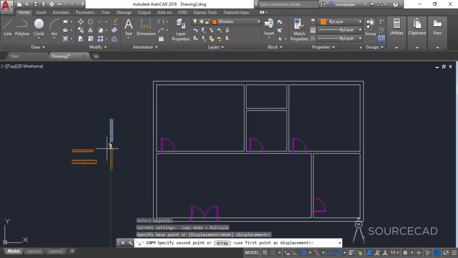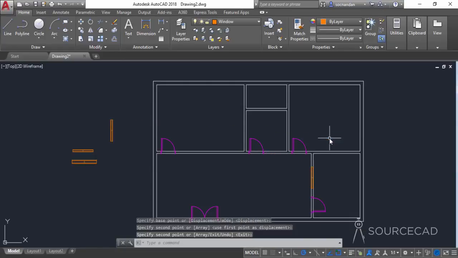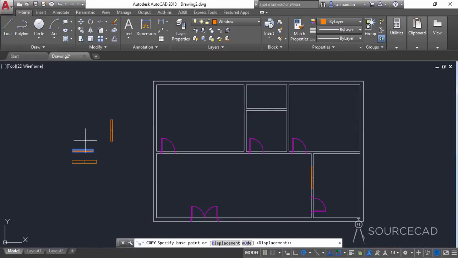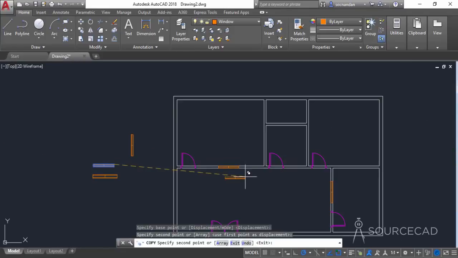So obviously we need to move this second one, as this is the wall of 10-inch thickness, so we can move it inside this drawing, and here in this case we will place it here on this wall, just like this, and press enter. Now select this one and select copy tool and move it on this wall. You can take reference of this endpoint and I'll move it here,